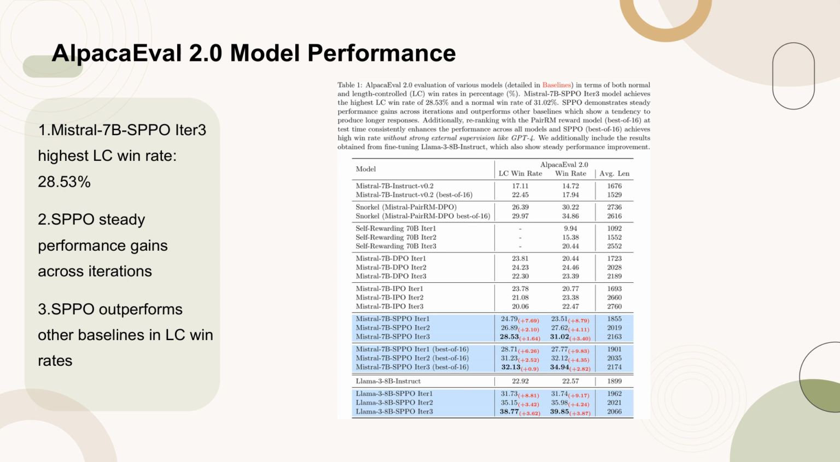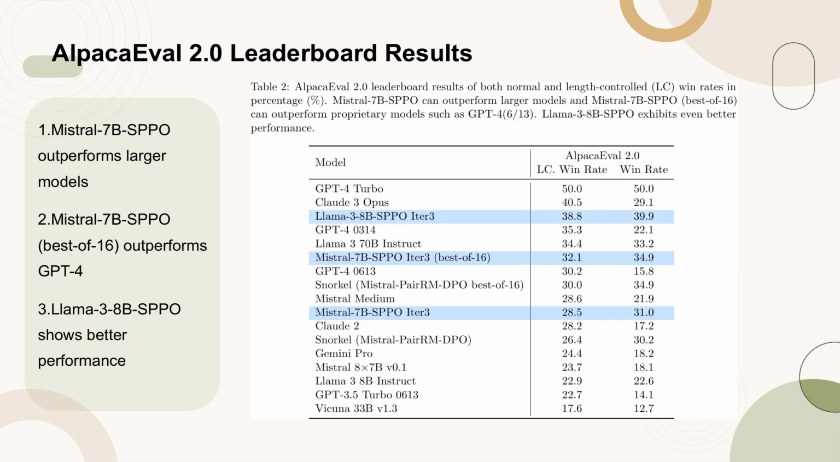The results also include fine-tuning outcomes for Llama 3-8B Instruct, showing steady performance improvements. Table 2 presents the Alpaca Eval 2.0 leaderboard results, showcasing the performance of various models in terms of normal and length-controlled win rates. The Mistral 7B SPPO model demonstrates its capability to outperform not only larger models, but also proprietary models like GPT-4. Specifically, the Mistral 7B SPPO, best of 16, variant achieves competitive results against